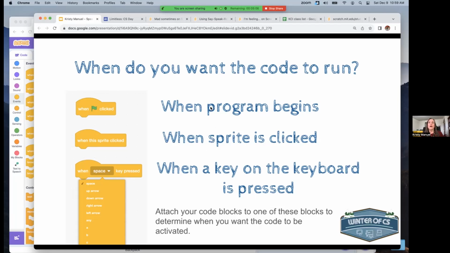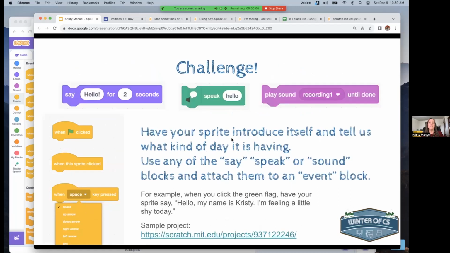But I also have another option that I want to share with you. I want to give you guys a few minutes to try to put together having your sprite introduce himself and then tell us what kind of day he's having. Use any of the say or speak blocks or the sound blocks and attach them to an event. Now, I know I went through that really quickly and we only have a few more minutes in our session, but